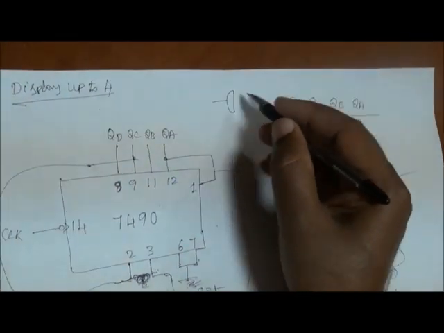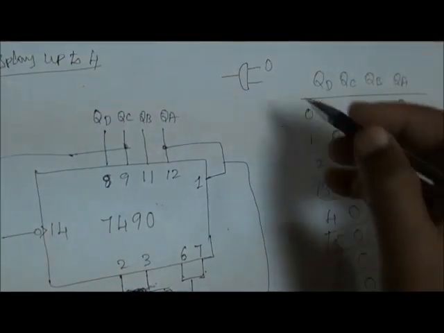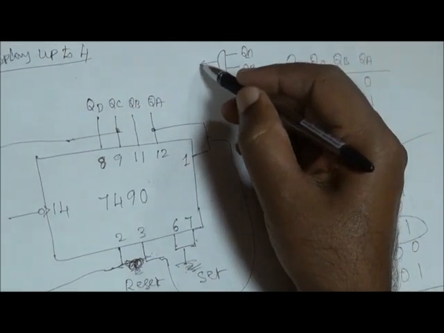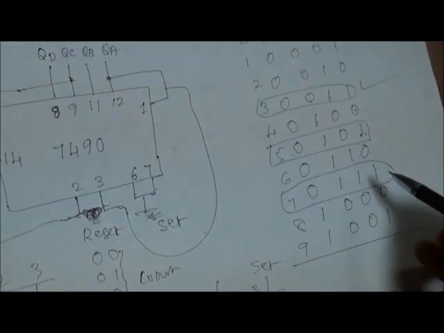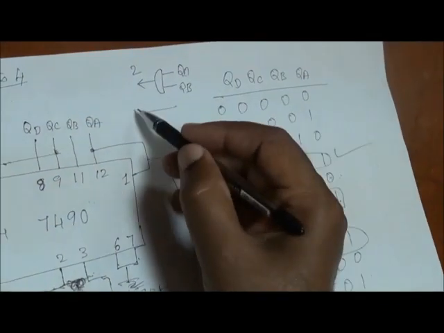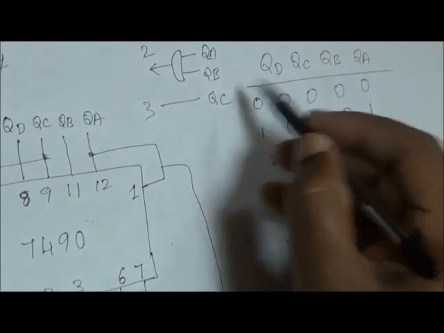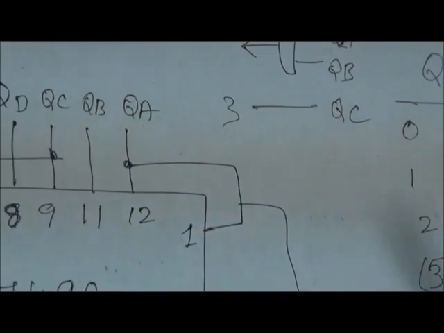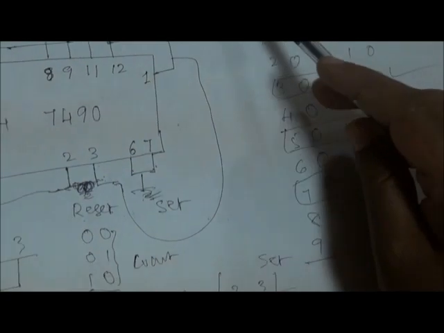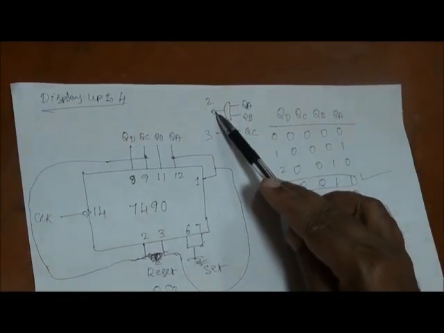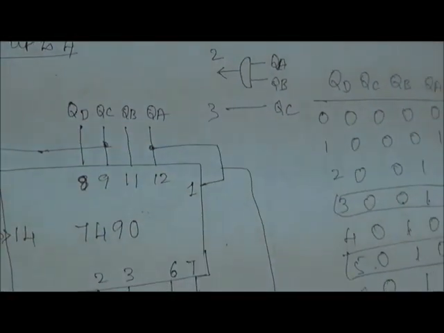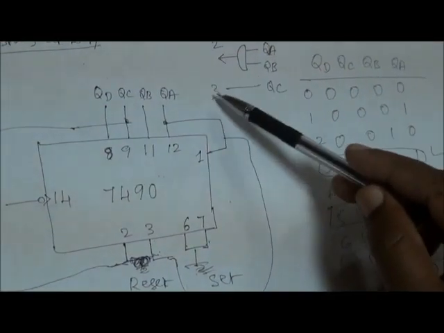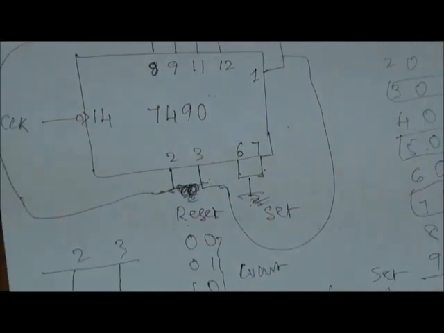Use one 2 input AND gate. So you connect QA, QB, so that you give it to pin number 2, for example. The other one is QC, directly you give to 3. If you have a 2 input AND gate, 2 inputs must be given to the AND gate. When both are 1, 1, this also becomes 1 now. And the other one, QC, is given directly to 3. So that becomes 1. When these two are 1, 1, it resets. So this is the arrangement you can use.